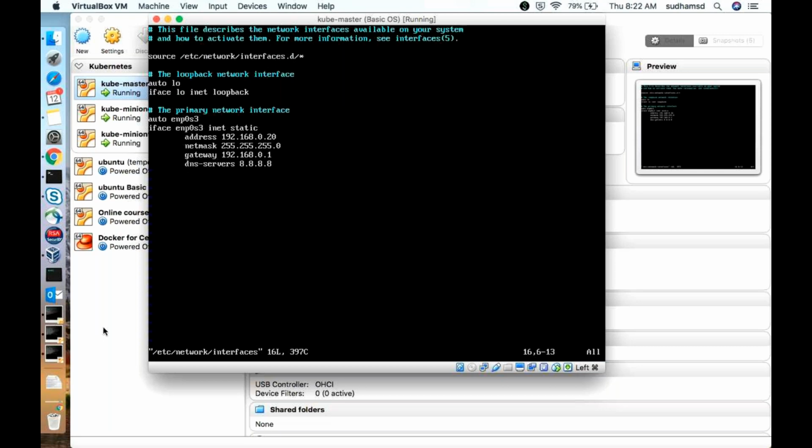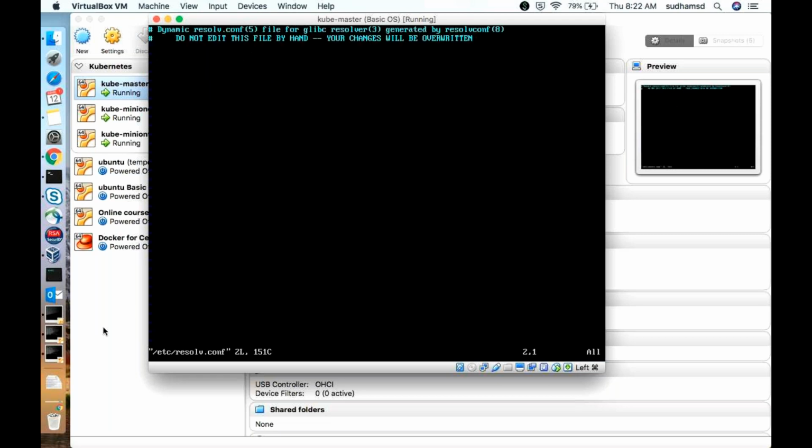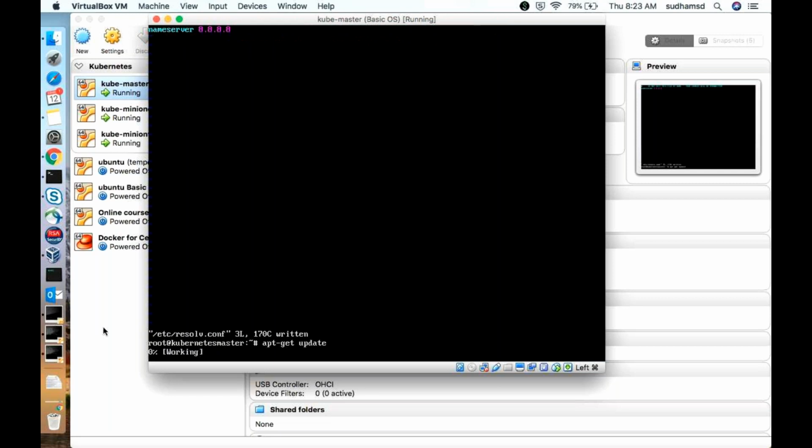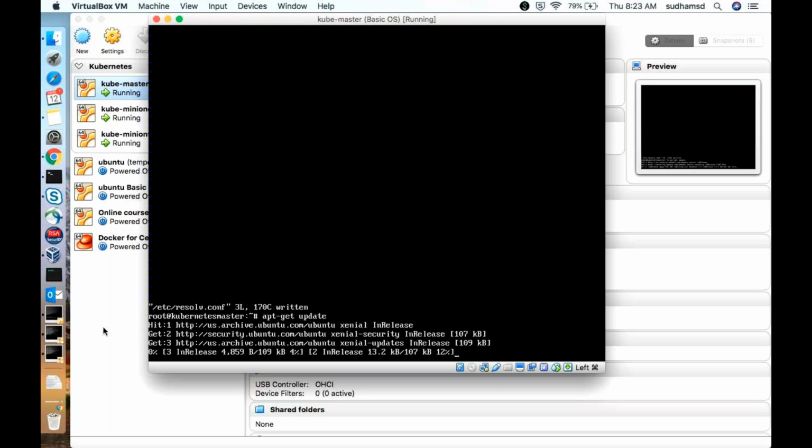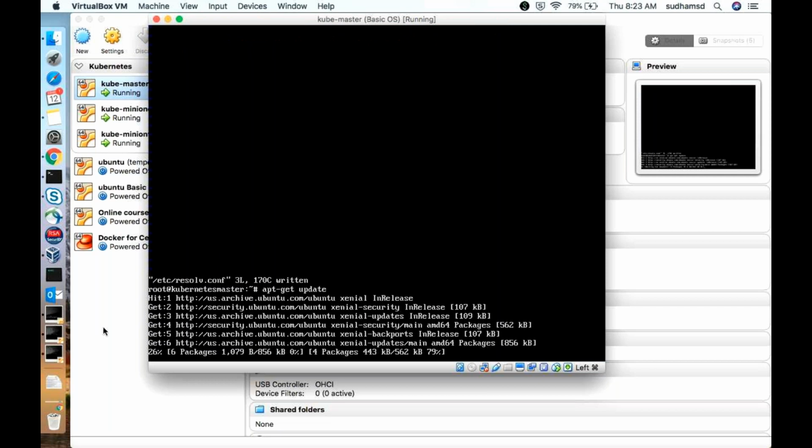It's not DNS servers, it is... Now you can see it is communicating to the server, because the name server was missing in the server right now.